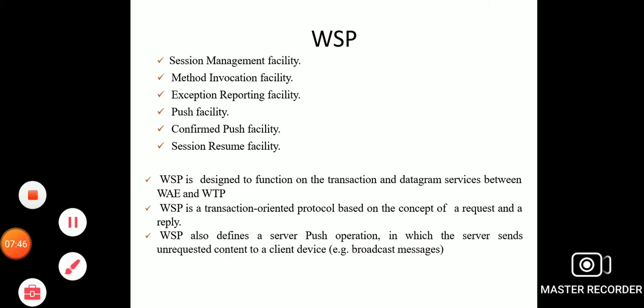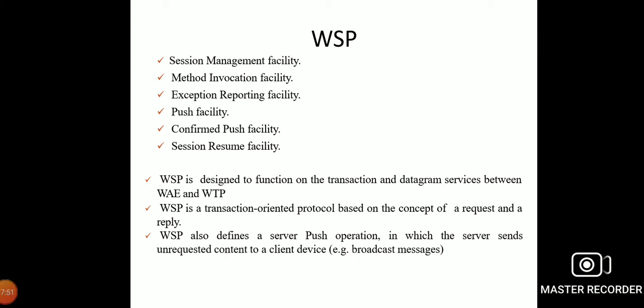So the Wireless Session Protocol provides a shared state between the client and the server. It offers the following needs to conduct the exchange between the cooperating client and the server. Session management: the session management of this protocol introduces sessions that can be established from a client to a server.